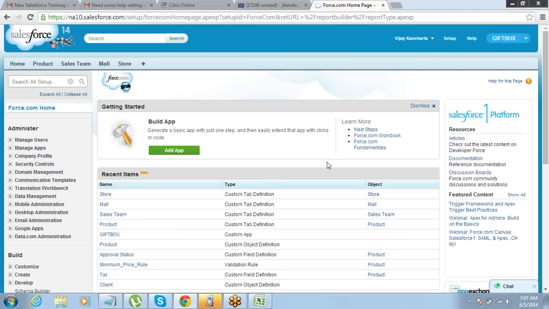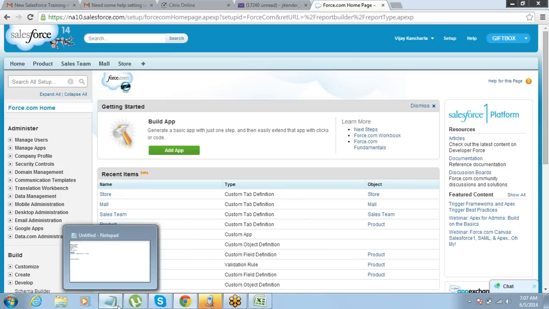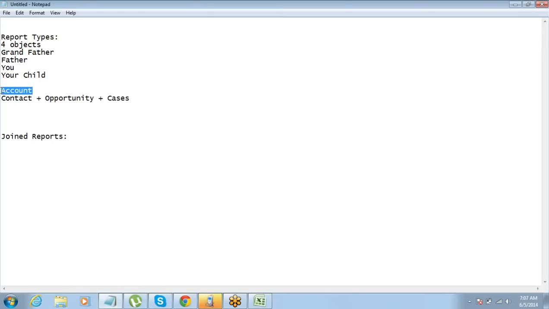So for that reason, in this situation, we can have three different report types. One between account and contacts, one between accounts and opportunities, the third one between accounts and cases.